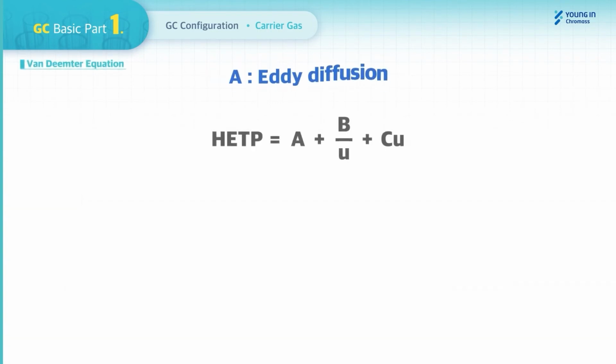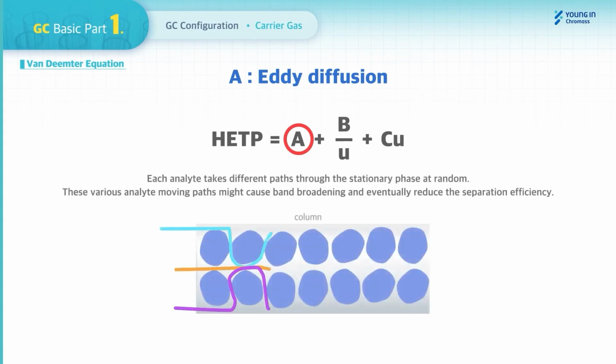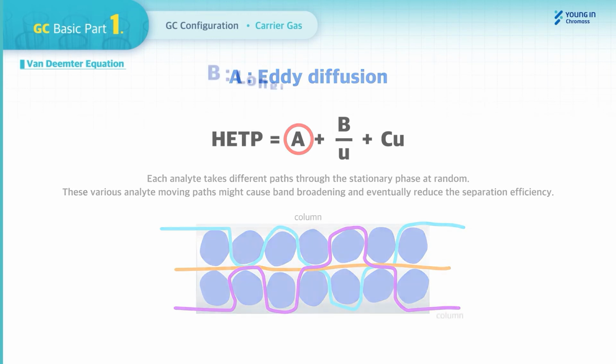Let's find out each term's band broadening mechanism. First, term A, eddy diffusion. Eddy diffusion describes each analyte takes different paths through the stationary phase at random. These various moving paths of analytes might cause band broadening and eventually reduce the separation efficiency. Second,